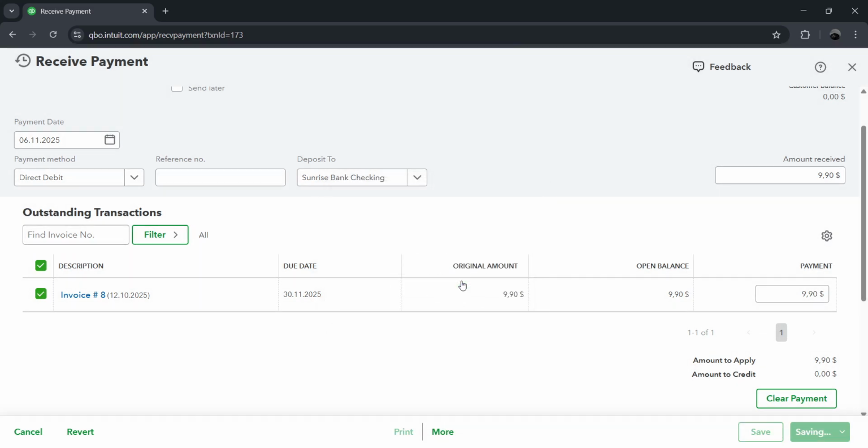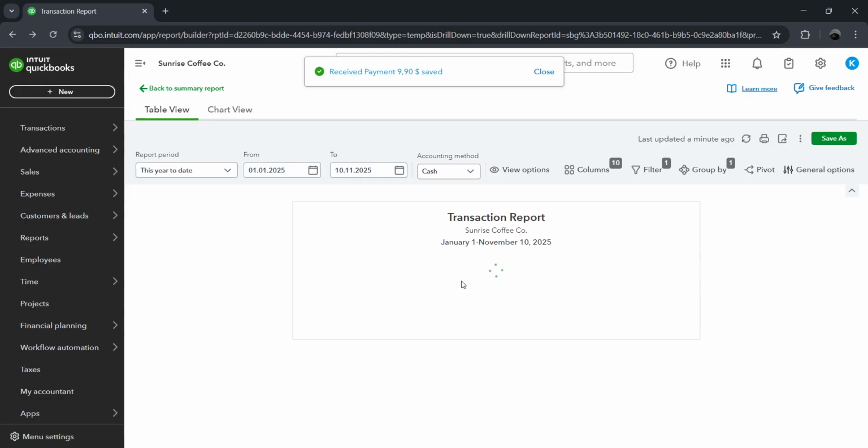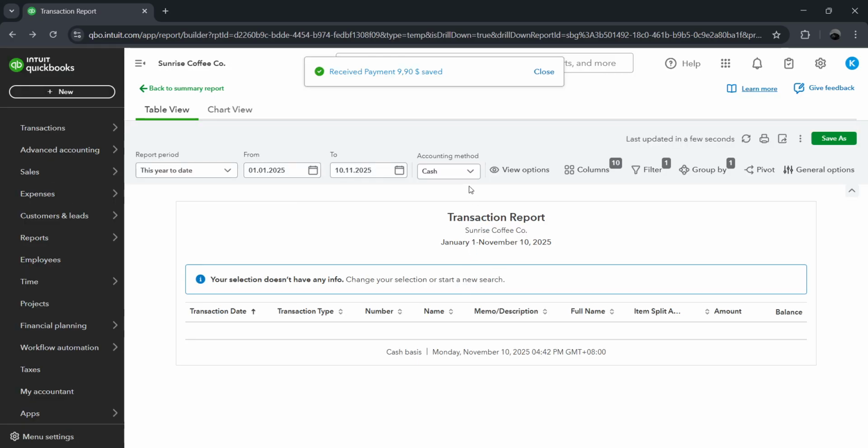The payment will now be properly applied, and those unapplied cash payment lines will disappear from your profit and loss report, giving you accurate financial